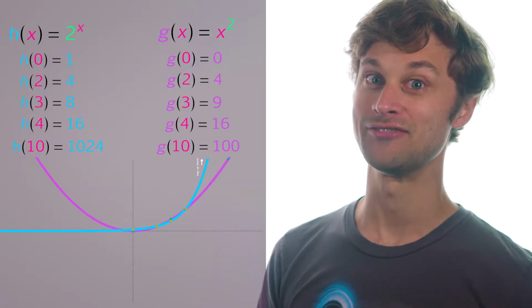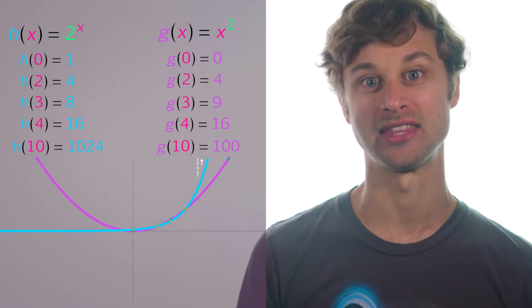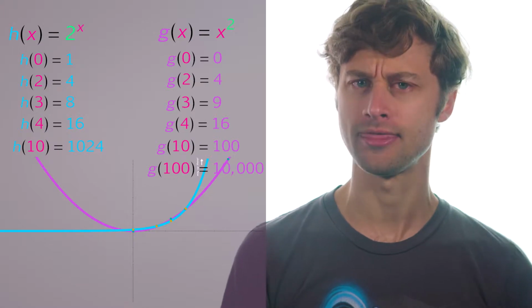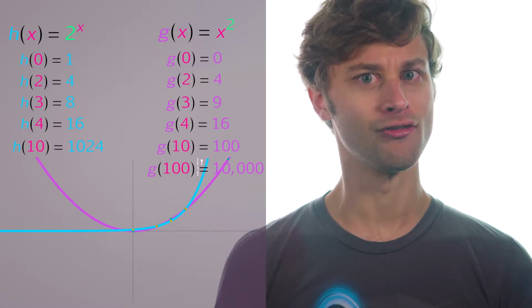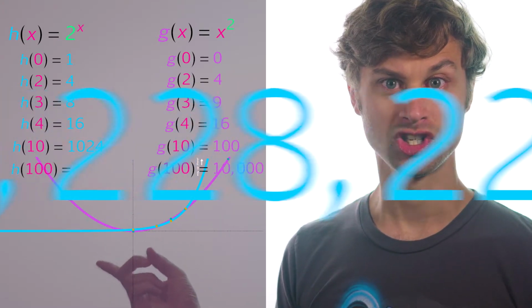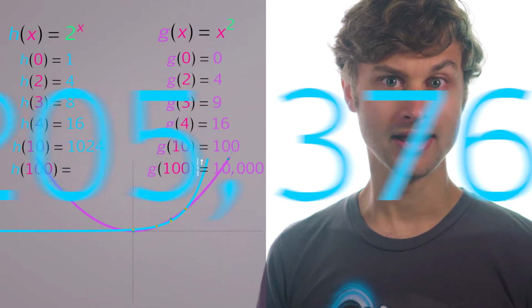Now, if we go to even larger values of x, we get something like x is equal to 100, g of x is equal to a respectable 10,000, but h of 100 is equal to this, which is over 1 nonillion. Properties of exponents deserve their own video, but for now we're going to just talk about the basics of what